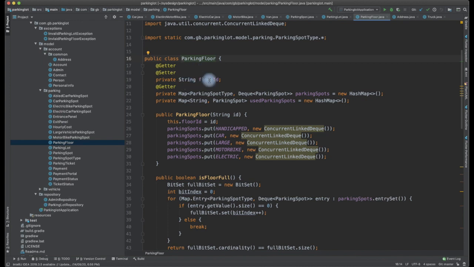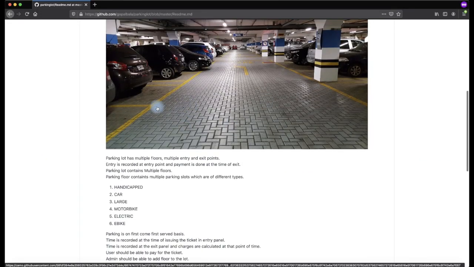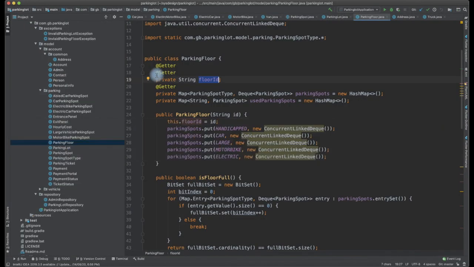Every parking floor has a floor ID. It can be a number or a string. I have modeled it as a string. If somebody wants to model it as f1, f2, f3, it need not be an integer as well. And a floor will always contain multiple slots. If we look here, this is the parking floor. It contains multiple slots. The images explain it very well. So it is like E1, E2, E3. Assume these are all electric parking slots on the right hand side. On your left hand side, it might be normal parking slots. This is what we need to assume. And every floor contains multiple parking spots. With this diagram, I am able to explain it very clearly.